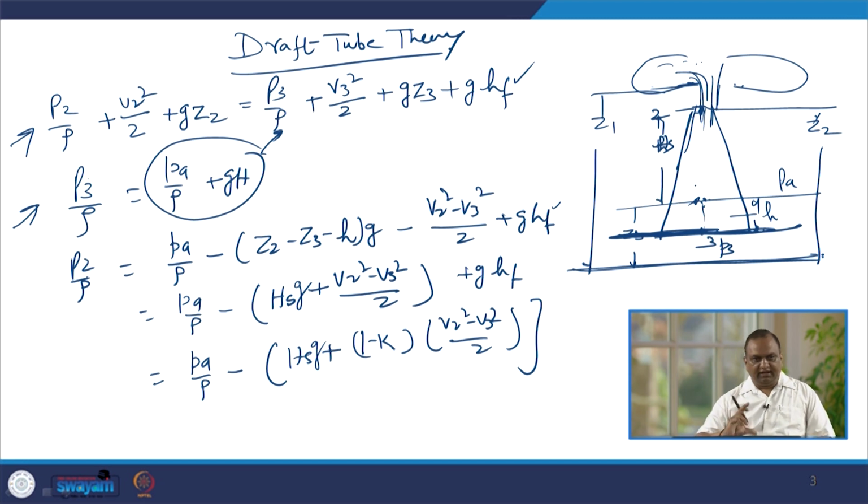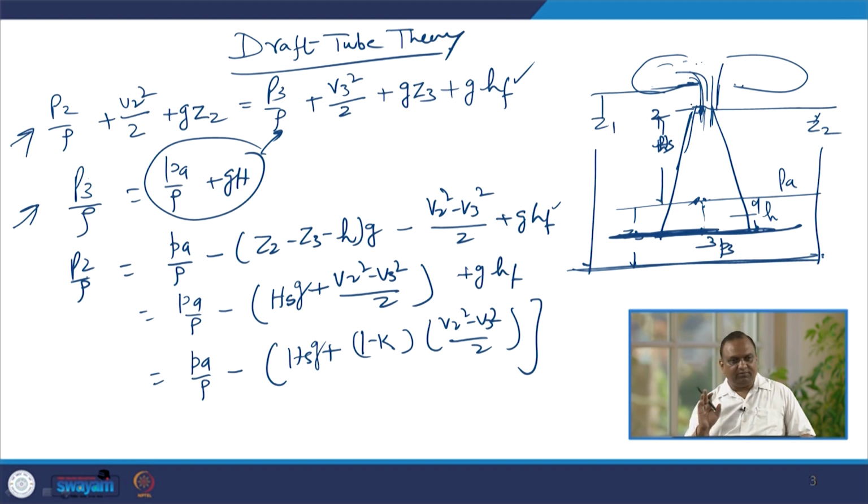So, this will increase the pressure difference, and when there is a high pressure difference, more energy can be extracted from the fluid. The same thing happens in steam turbines. In steam turbines, we have condensers, in which we are maintaining a pressure of the order of 0.1 bar or 0.15 bar. There are several reasons, and one of them is that we can extract maximum energy from the fluid. So, here also if we maintain very low pressure at 2, we can extract the maximum amount of energy from the flowing water. But the issue is, to what extent can we reduce the pressure at 2?